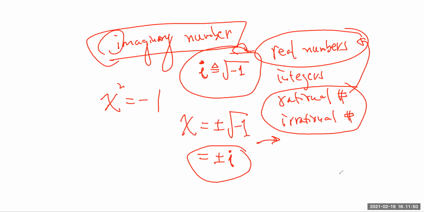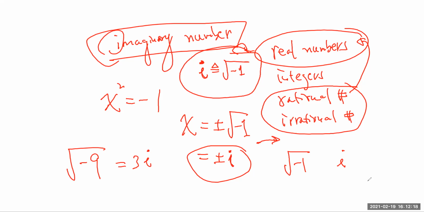Is the square root of -1 the only imaginary number? It could have other numbers like the square root of -9, but we can write that as 3 times i. So we could have an infinite number of imaginary numbers, but instead of keep writing the square root of -1, we just use i. That saves a lot of time.